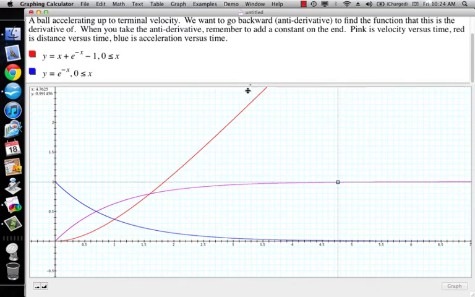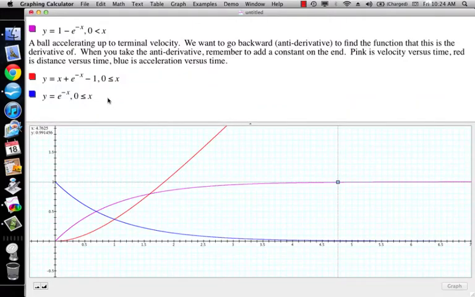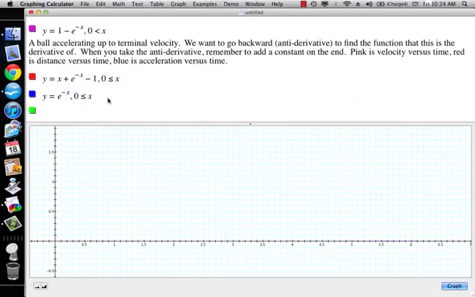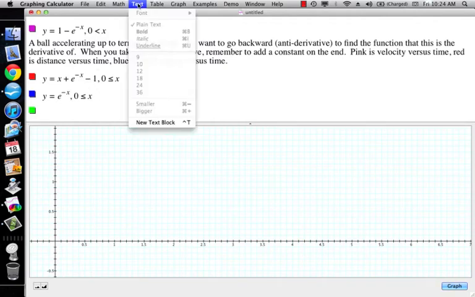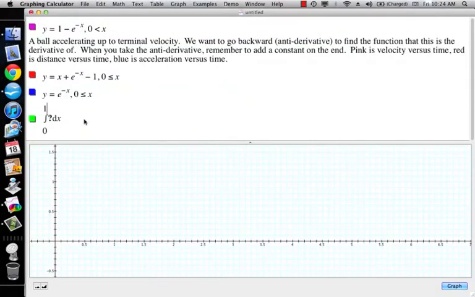numerical integration, because it's a really powerful thing. This is sort of a fundamental theorem thing. I'm going to take the integral from 0 to 1 of my velocity function. So I'm going to take my velocity function and I'm going to plug it in. And so what this is saying again is